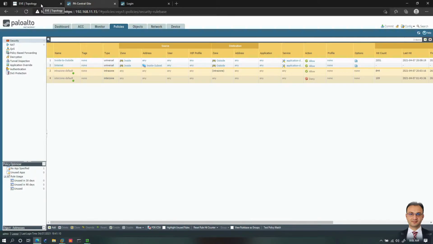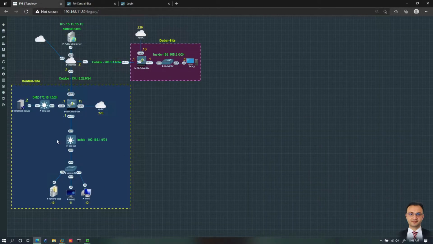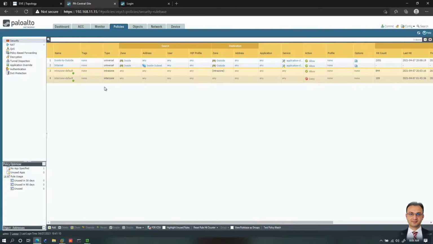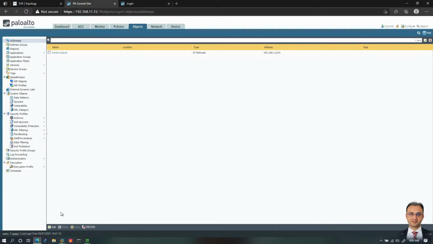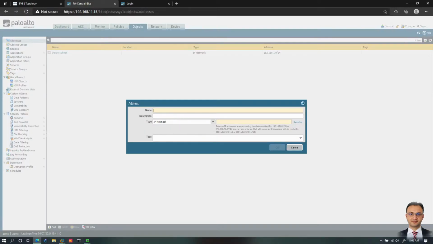Now you may have multiple subnets here, maybe 3, 4, 5 subnets. So only 192.168.1.0 is now being allowed based on the security policy that you have created. So let's go back to the objects here. Now let's go and create another one, and let's name it C band. Let's say this is top management,